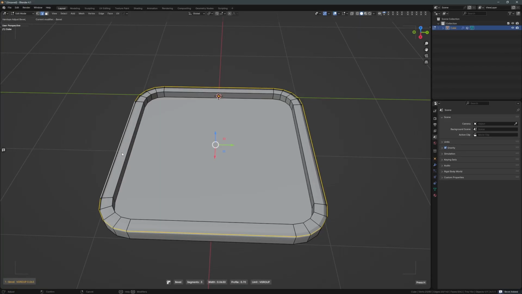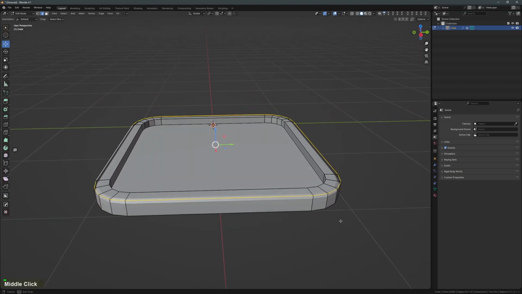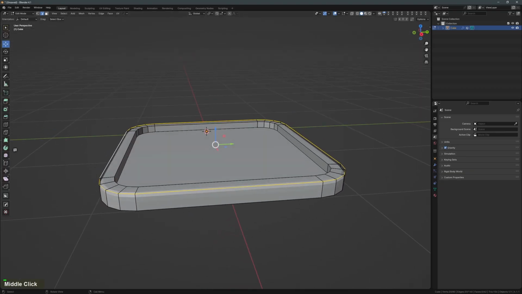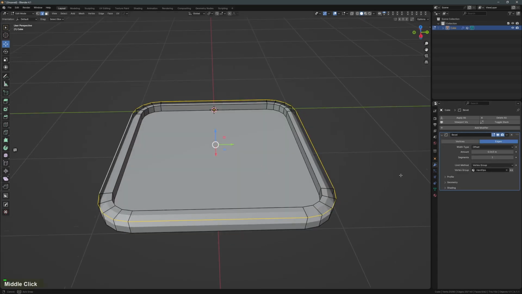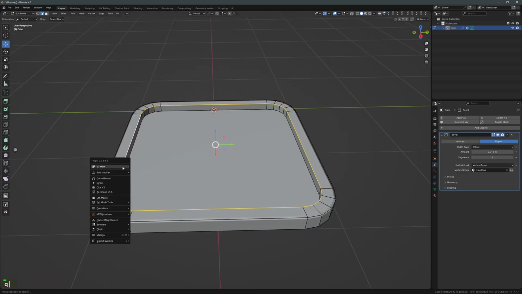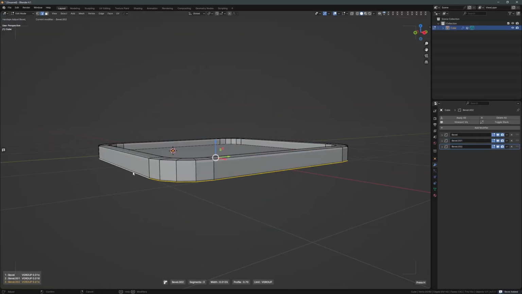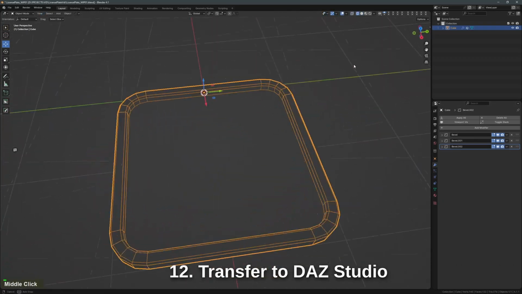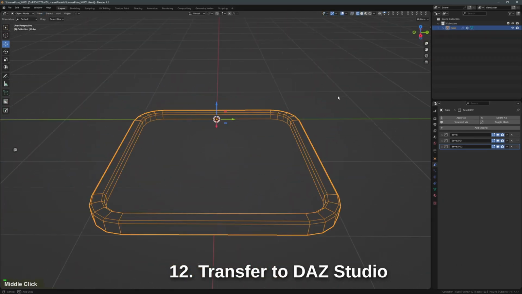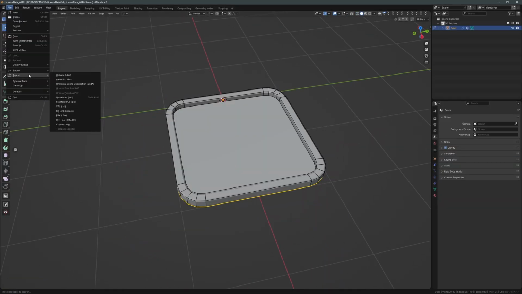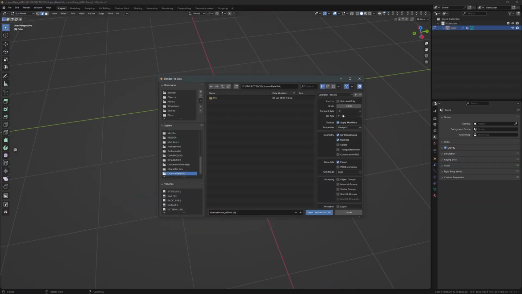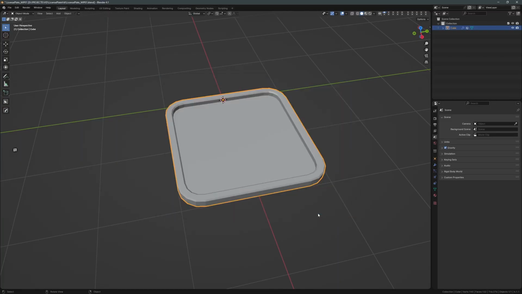But then it behaves pretty much like Blender's own beveling, just that in the background it automatically created the vertex group and the limited modifier. And as I mentioned before, I can still change the parameters. This way I create the bevels to my liking. Soon I'm happy with the geometry and I prepare for the first export to DAZ Studio. In File, Export, I select Wavefront OBJ and an educated guess tells me I should scale the output 10 times. The rest I leave as it is and hit Export.